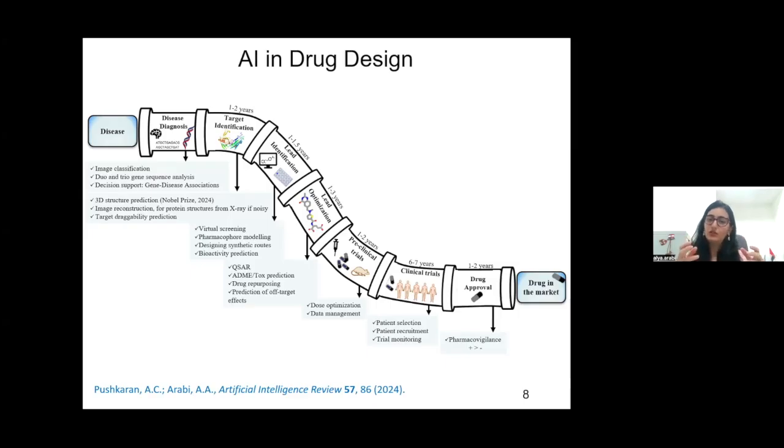There is also lots of AI help in the preclinical trials, where, for example, you need to optimize the dose that you need to give to the patient. It's a partial precision medicine treatment in that sense, and AI is doing very well with this. Also, it connects it with the genes, with how advanced the disease is, and the medical history of the patient.